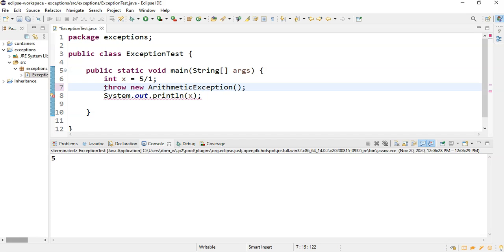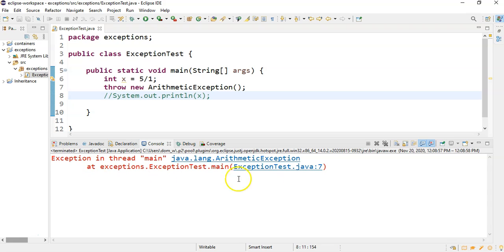I am getting this error because this line of code will not be reached, because I am throwing an exception, and when that exception is thrown, the virtual machine will exit without getting to this line. So I'm going to comment out this print line, and I'm going to run this,